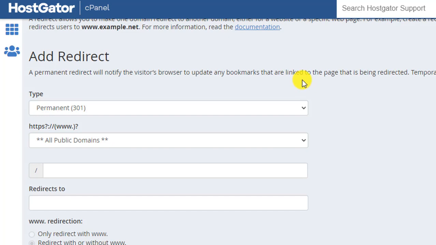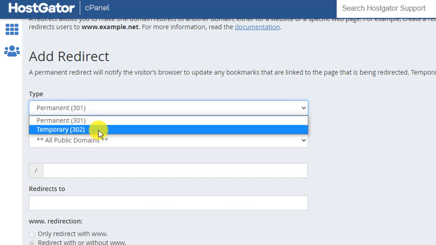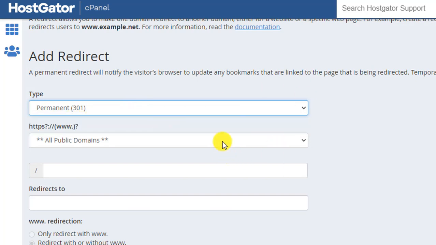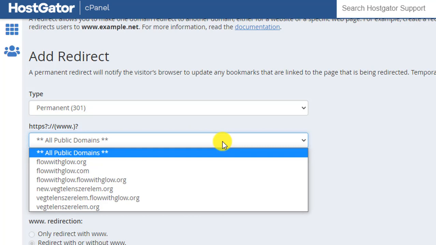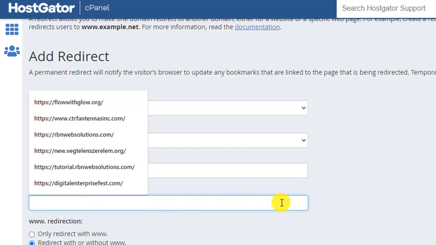If you want permanent redirect, then use 301, and if you want temporary redirect, then 302. Highly recommend 301. Then select your domain. So this is our domain, and then slash, it means flowwithglow.org/ suppose booking. When someone browses flowwithglow.org/booking, then where the URL should go, suppose